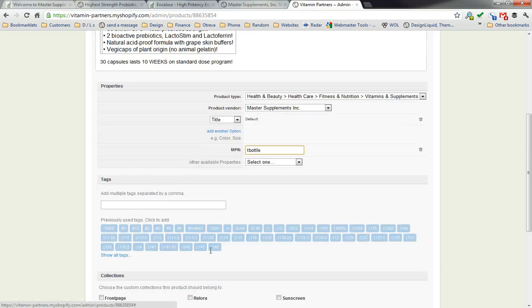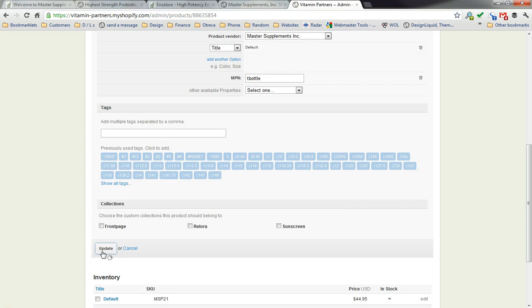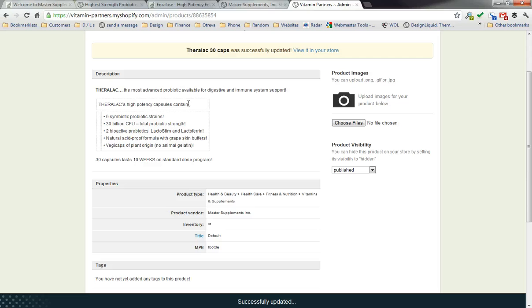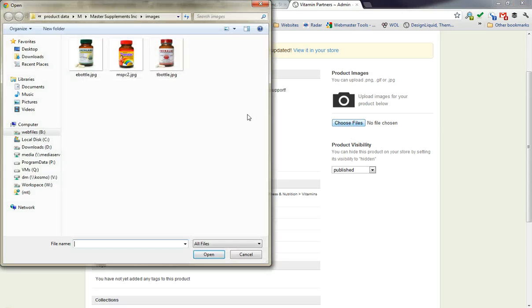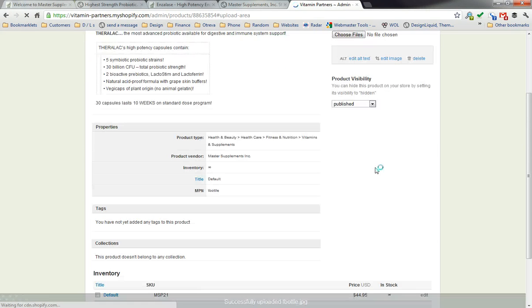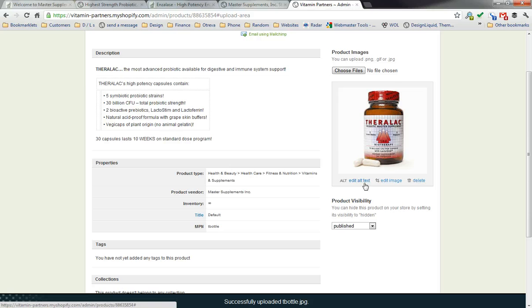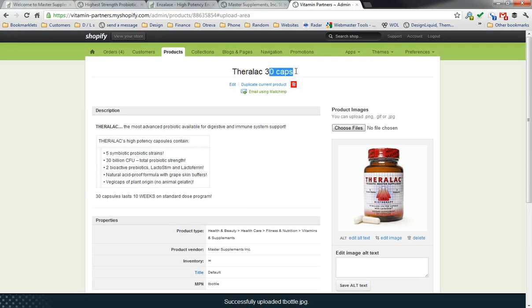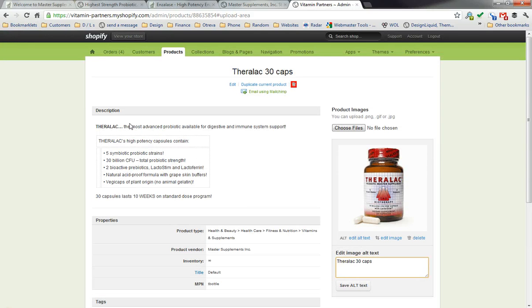So that's it for this one. I'm going to hit update. And now you'll see the description is filled in and the MPN is filled in. However, we need to get the image in. So I hit choose file, T bottle. I'll let it upload, and what I'd like you to do is then set the alt text to be kind of, use your imagination here. I'll probably use a bit of the title and then from the description,